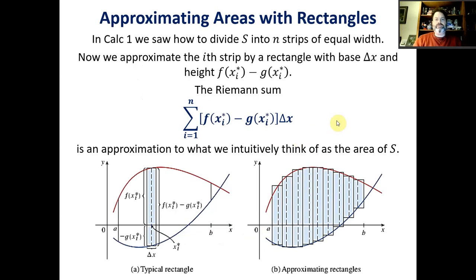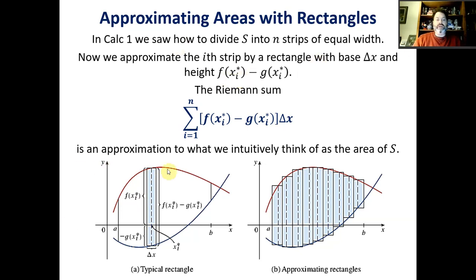So here's a review of what you learned in Calc 1. We saw how to divide S, that's our area, that's the region, into n strips of equal width. And that's what this is showing here. So here's one strip. We call it a typical rectangle. I'll be using that phrasing in a lot of future sections in Calc 2, typical rectangle. And the idea is that if you just pick any strip, that's why we call it typical, it doesn't matter which one you pick,